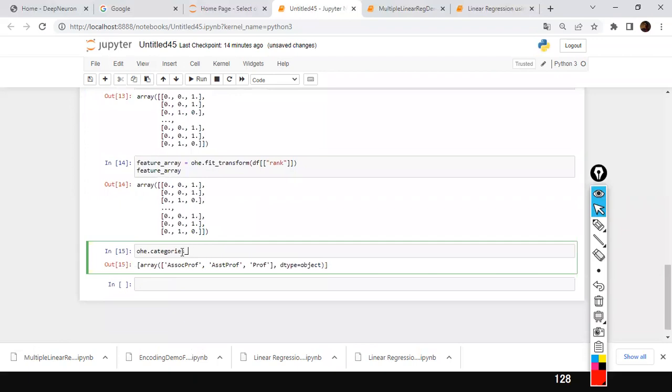But in this case, there is something called categories underscore. This is the one that is available. If you execute this one, you will get to know what each column is all about. This belongs to associate professor. This belongs to assistant professor, and so on. So using one hot encoder, that class which is available in sklearn.preprocessing, you can do this. And we have another option called pd.get_dummies, using which also you can do the encoding. Okay. And now what we will do is,